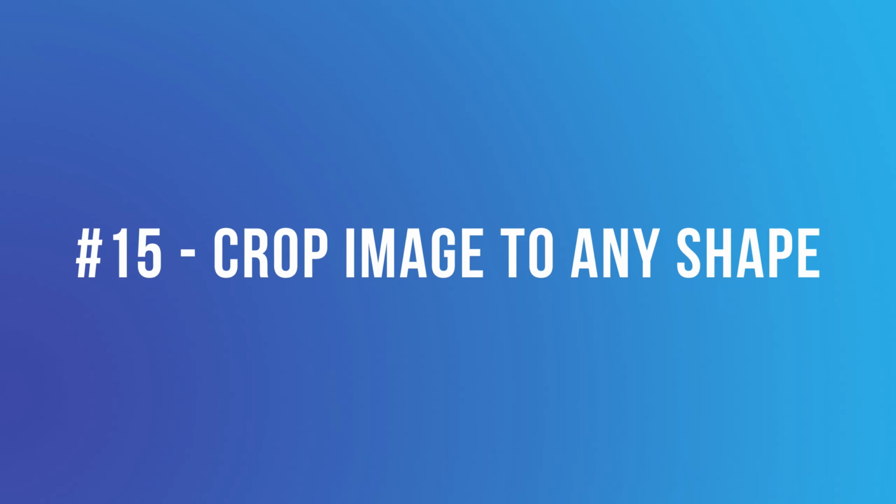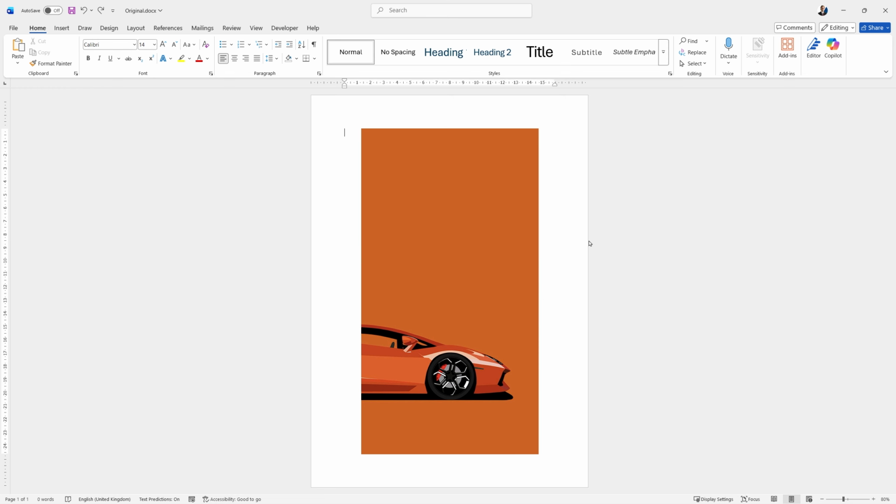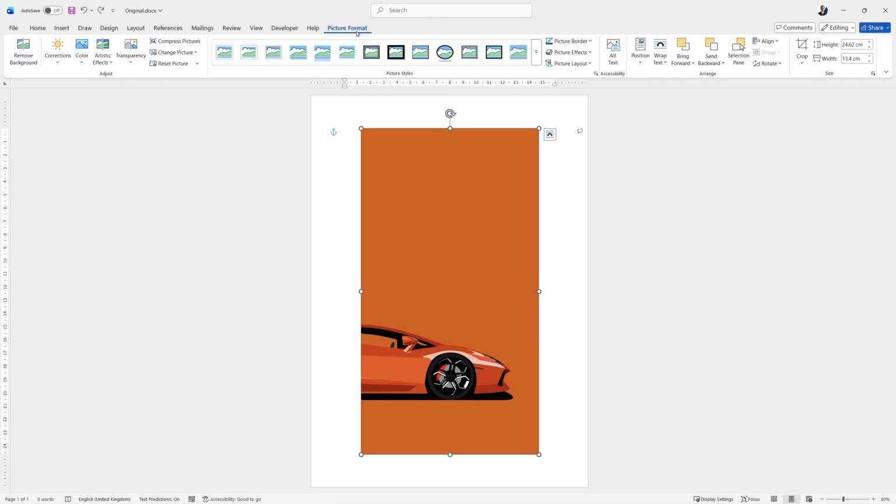Number 15, crop image to any shape. Most people don't realize you can crop an image into any shape directly inside Word. A circle, a star, an arrow, any shape you want. Click on the image, then click on Picture Format, then click on the downward arrow next to crop, and then